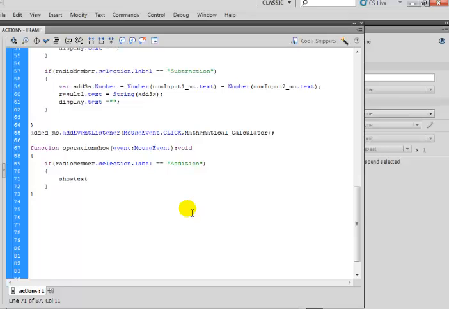text dot text equals the plus sign, and display dot text equals you have selected addition. Okay, and that